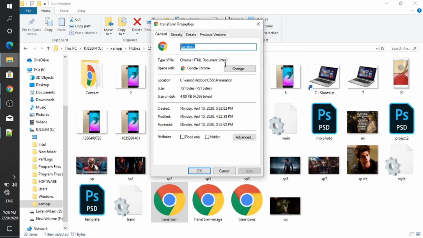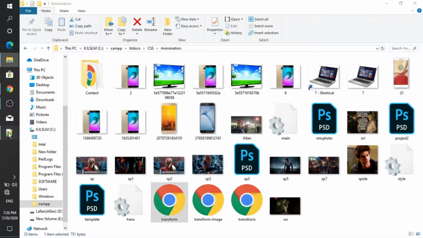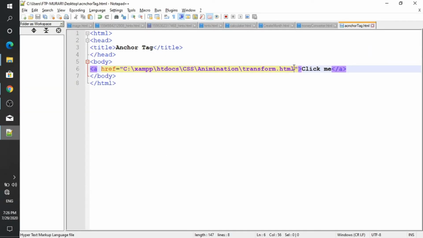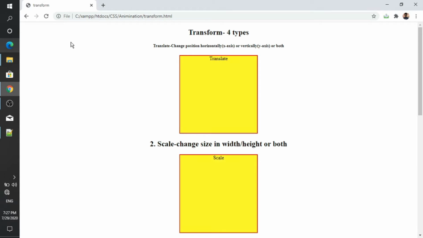That means the extension is HTML, so I just write HTML here. Control S to save and refresh the page. When you click on the link, it will open the page.